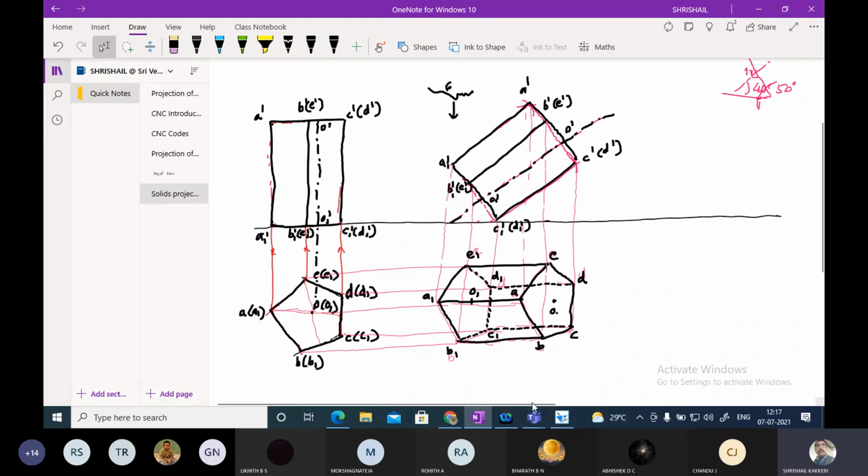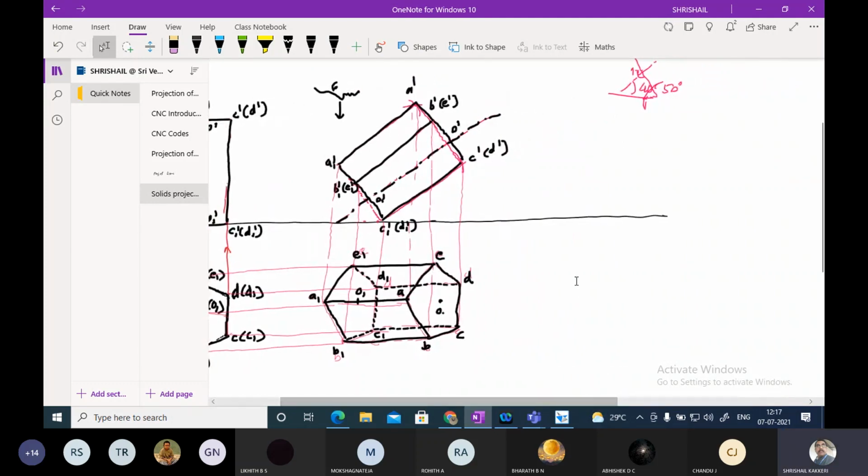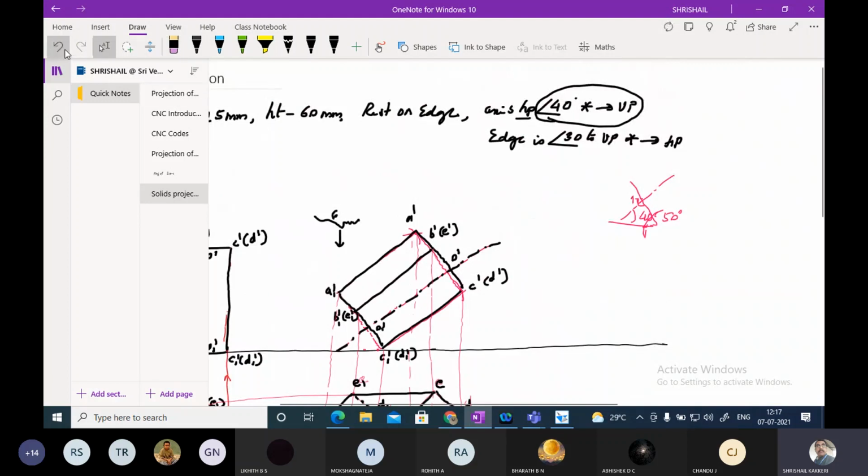Now let me go to the next view. Now what have they given us?